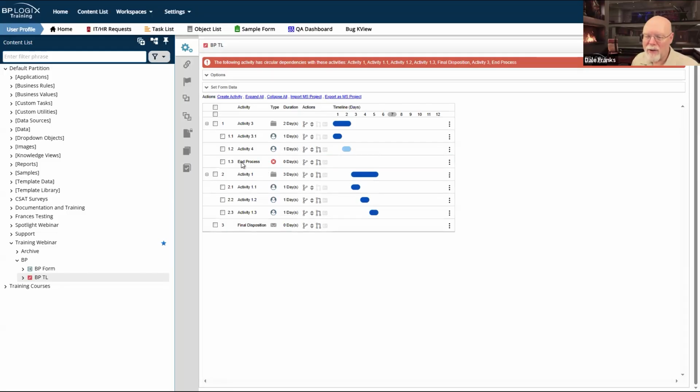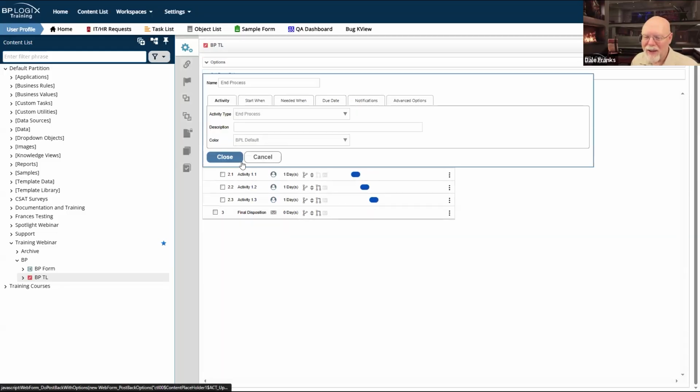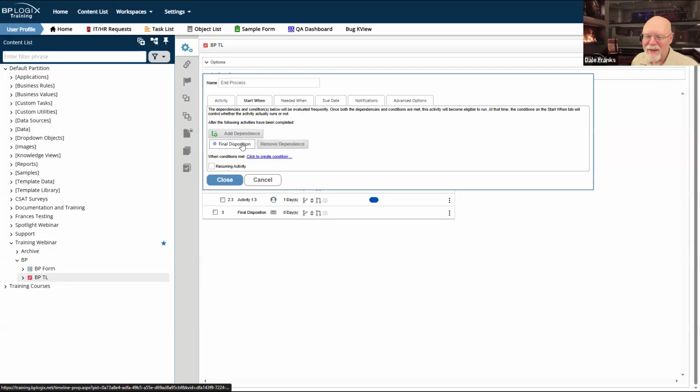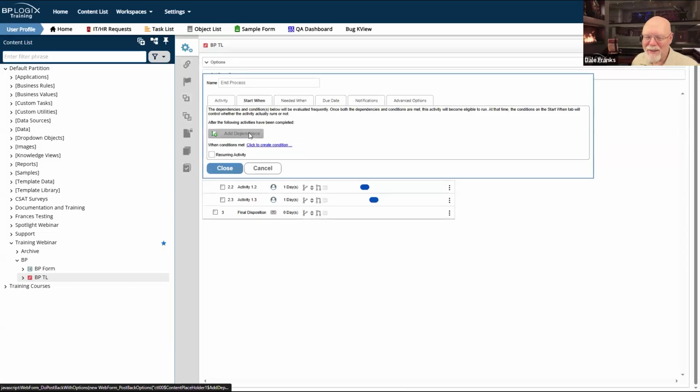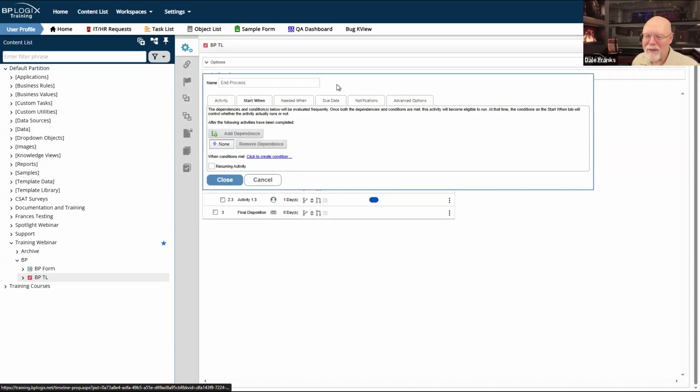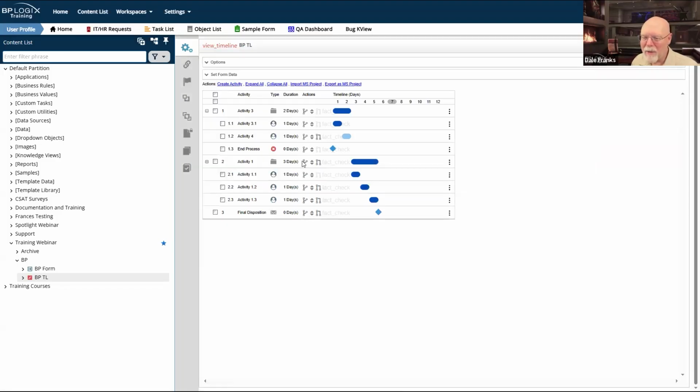I now have a circular dependency. Well, I certainly don't want to have a circular dependency. So let me remove that dependence. And we will make this dependent on, actually, I don't know what we're going to make it dependent on. I guess we're going to make it dependent on activity 4. So there we go. Now it no longer has circular dependencies.